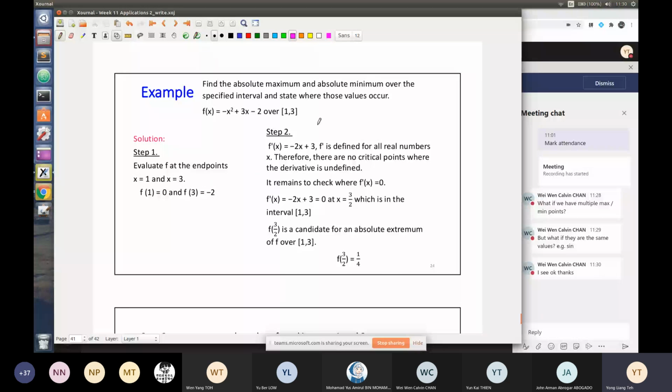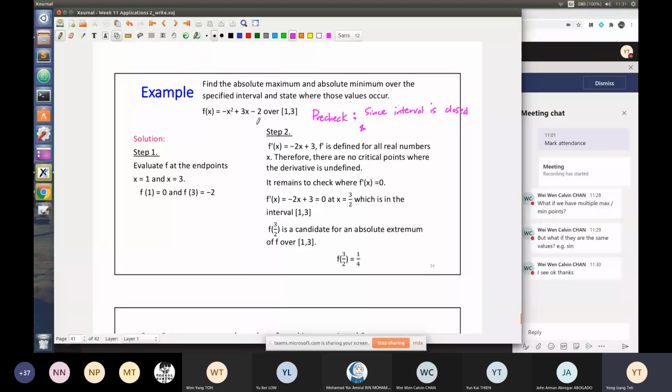So let me just put step 0 here, and this is important. Let me call this pre-check. You're supposed to find absolute maximum and absolute minimum values over this specific interval and state where those values occur. Because you realize that this interval is closed, since the interval is closed,